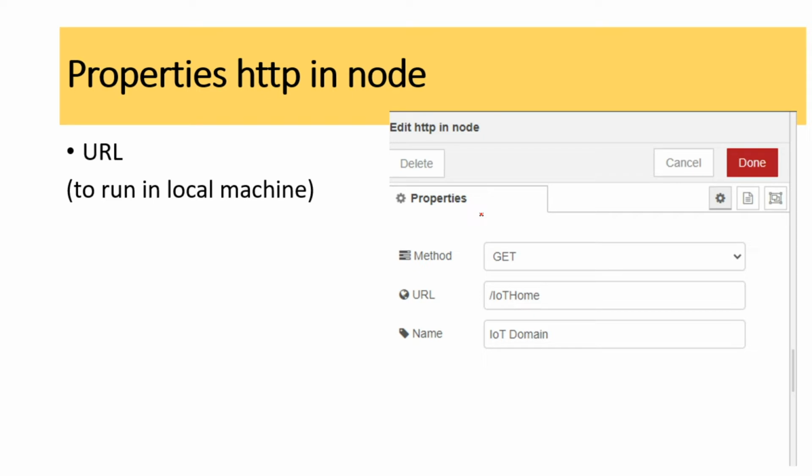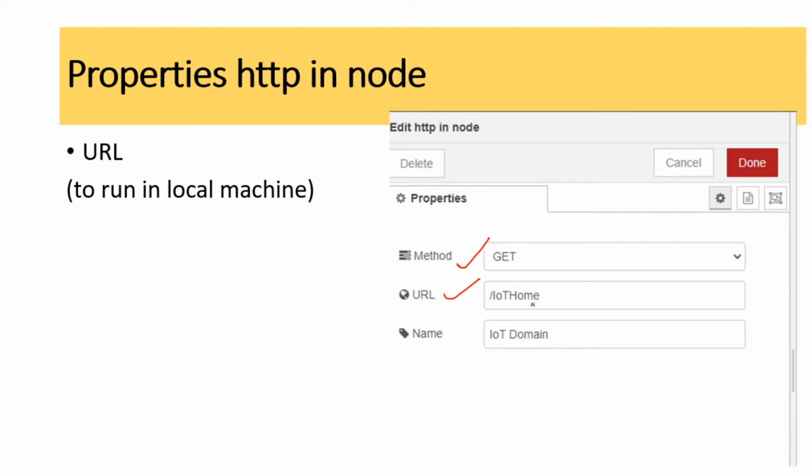First we'll insert this HTTP in node. In the edit properties of the HTTP in node, we are going to set the method as the GET method, and the URL we are going to give as /IoT home, or any name you want to give.